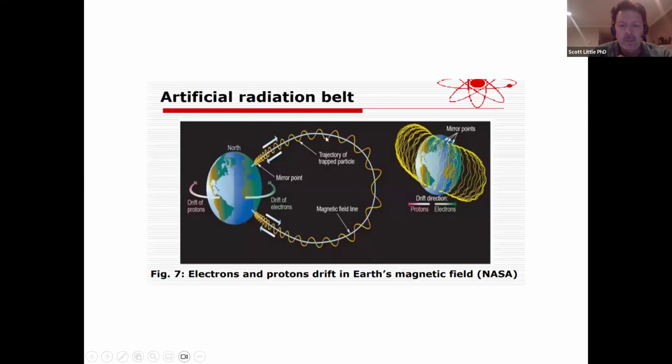So here's an example of what the artificial toroid torus radiation belt would look like, produced by the EMP. And you can kind of see how it goes around, forming its own magnetic field line, going around the Earth here. And if a satellite is unfortunate enough to pass through that, it can affect its communication and things like that. And again, this is kind of a short-term effect, but it's still enough to knock out a lot of communications and things like that.